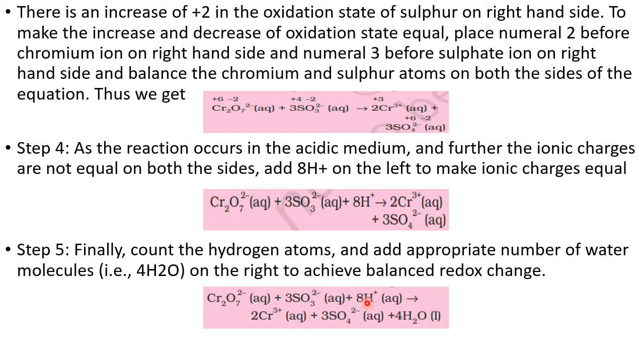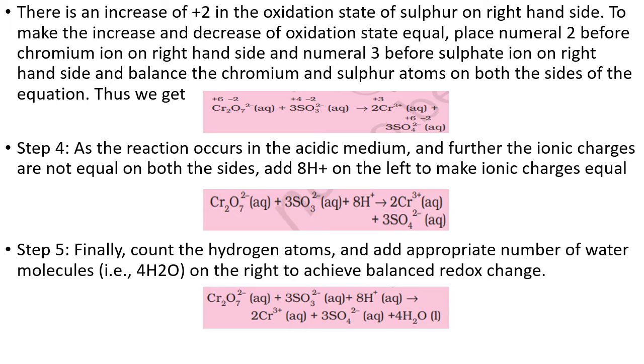Now you please see 2 Cr, 2 Cr, 7 plus 9, 16 O on the left side. Here it is 3 S O4, 12 plus 4, 16 O on the RHS. 3 S on the LHS, 3 S on the RHS, 8 H on the LHS, 8 H on the RHS. This is the balanced redox reaction in the acidic medium. Clear? Please go through. You will come to know afterwards. Listen carefully, then practice afterwards.